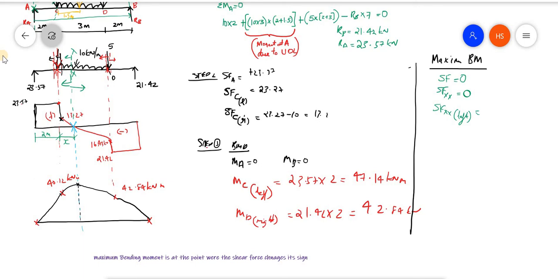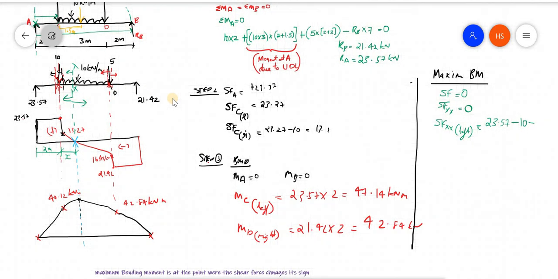Here we are having 23.57, that is upward only, so I can take it as positive. 23.57 minus this 10 kilonewton, which is happening to the left side, 10. Then minus again the UDL. The UDL has a value of 10, right? What is the value of UDL? That is 10. Therefore,